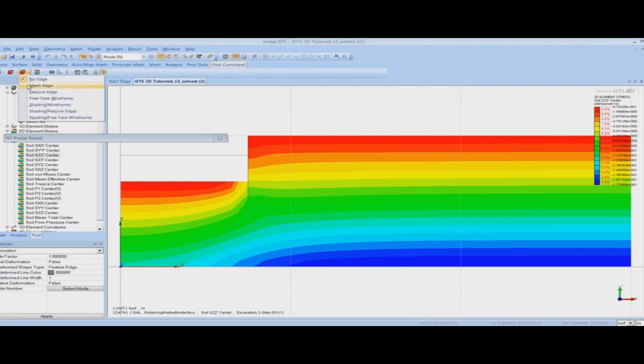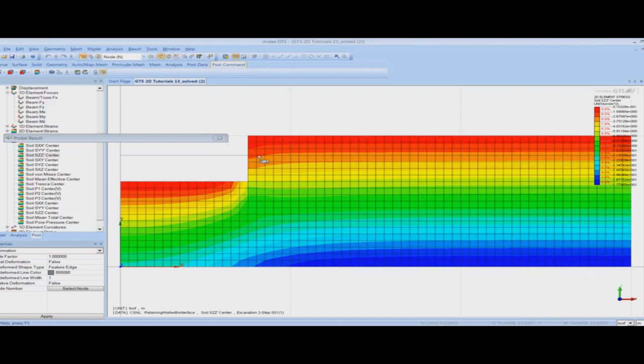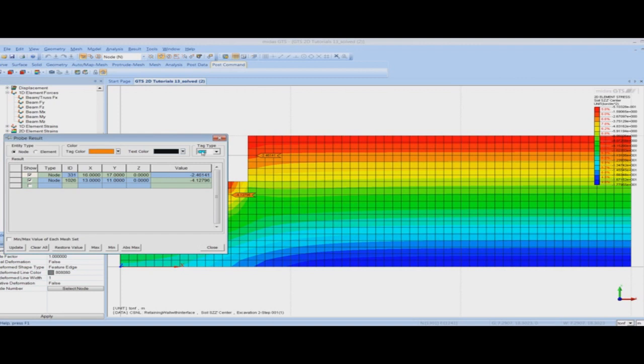Now let me activate the mesh edge. So let's say I want to see the stress here. So it shows me the stress value here. And basically it applies a tag here so that I can revert back to this value, and if I want to see the tabular value, they are tabulated here. So this is how you can obtain the stress results from Midas GTS.